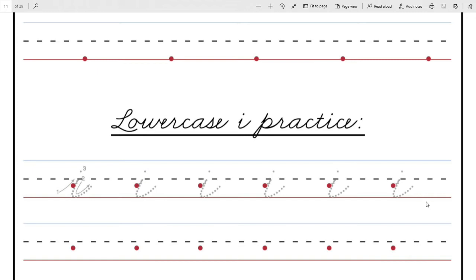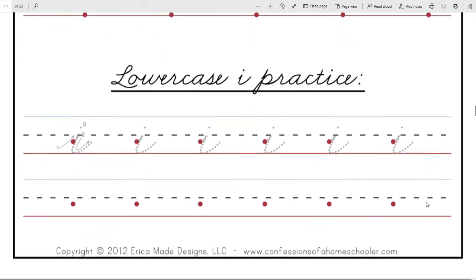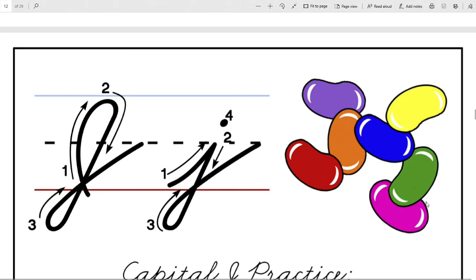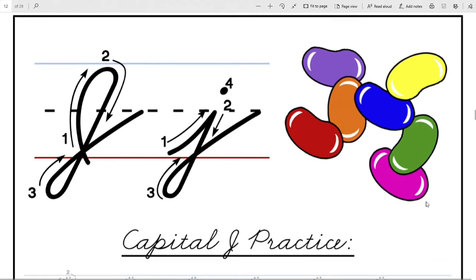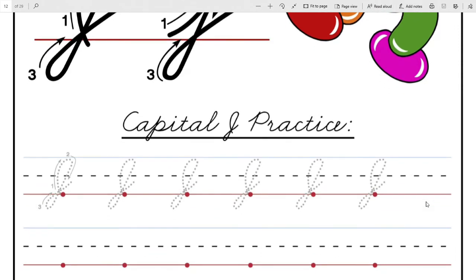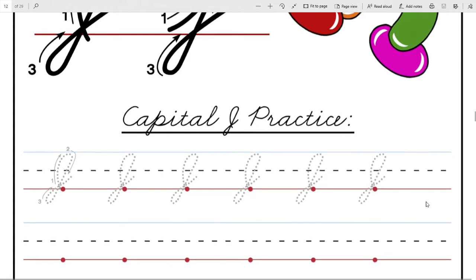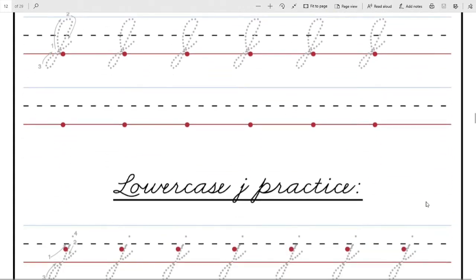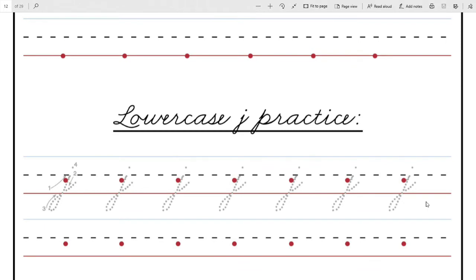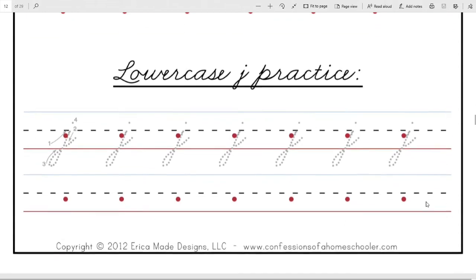Yes, you are right. Next, we move to the next letter, that is J. What is the sound of J? J. The picture is jelly bean. Okay, so now we move. See, while writing capital J, we follow this pattern, and while writing lowercase j, I mean small letter, it is like this. So the letter is J and the sound is jelly bean.